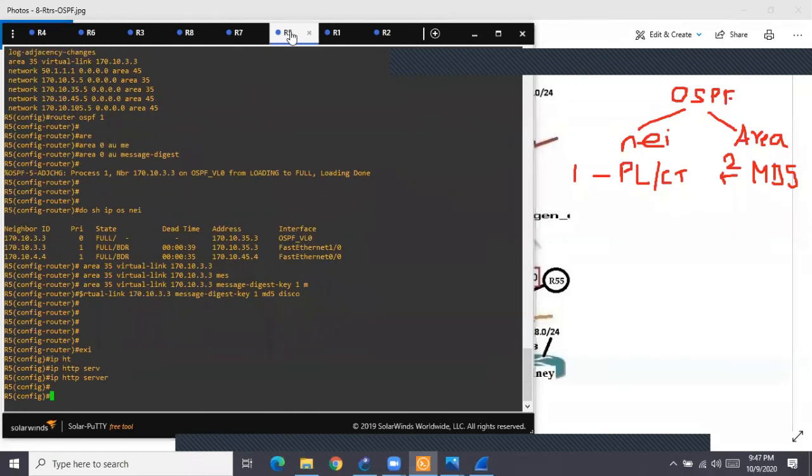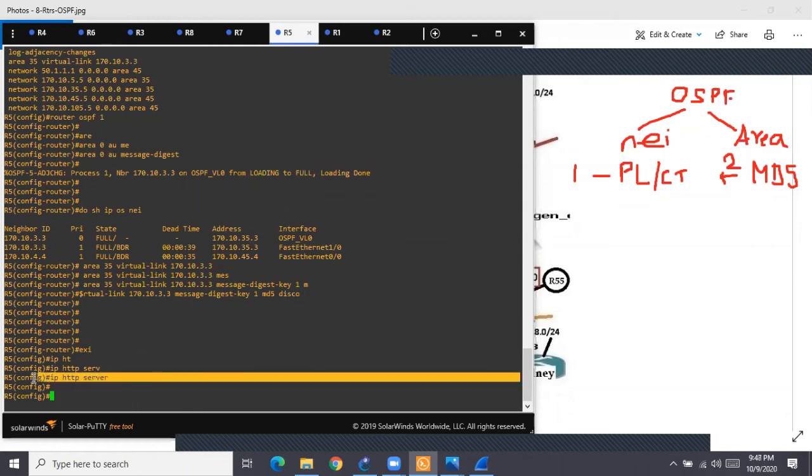So when we do this ip http server, we enable the service. Maybe you have some application on the R5 router which requires HTTP service in the background, and that's the reason you sometimes need to enable this service. But now once I enabled this service, let's say we are enabling it for some reason, because of some application which needs to be supported. But what is happening now?